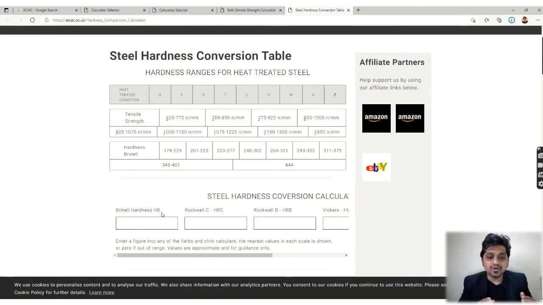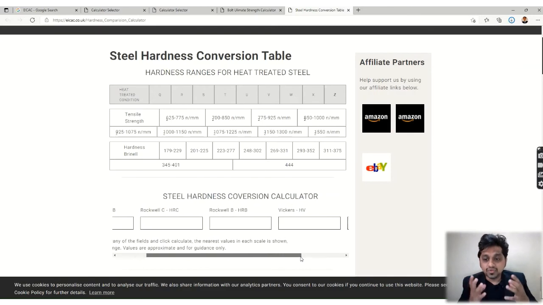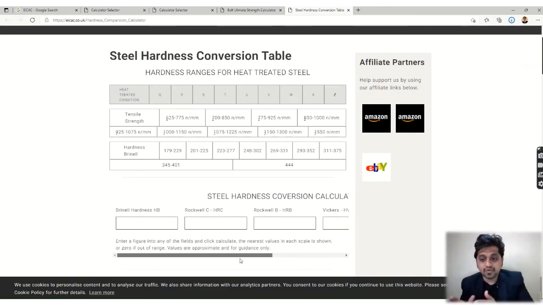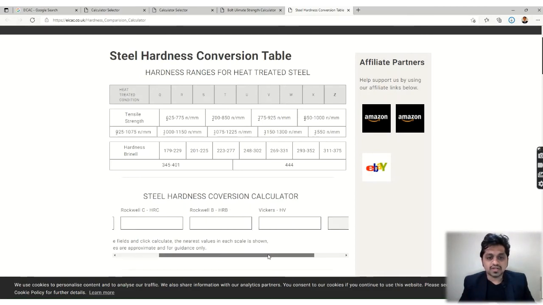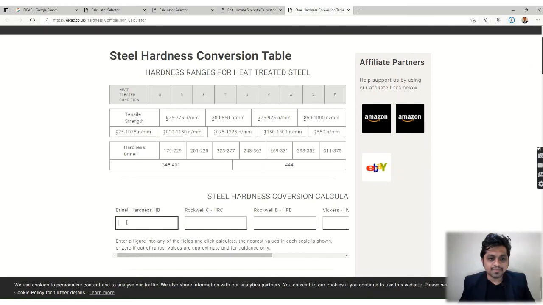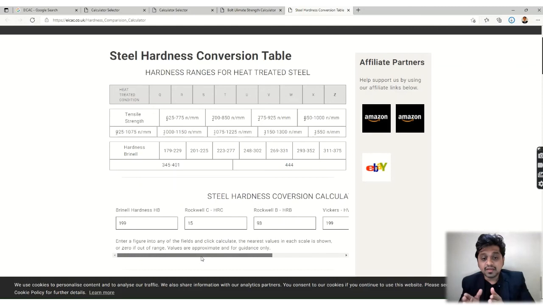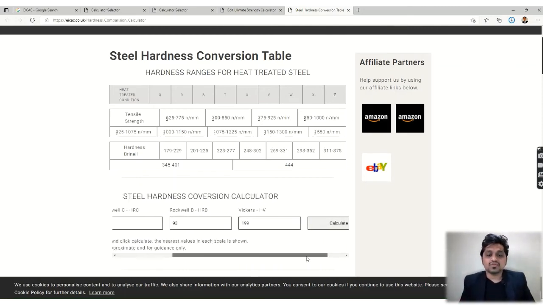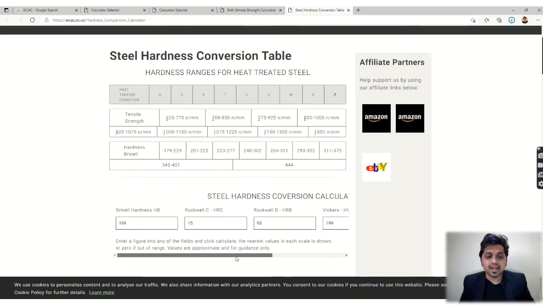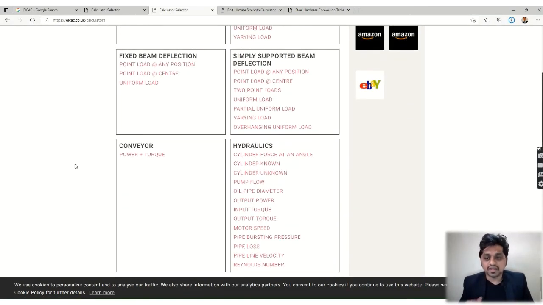You just have to put the hardness in one scale, let's say Brinell hardness or Rockwell, whatever you know, and it will convert it into the other formats. So let's put some value here. Let's put the value as a Brinell hardness of 200. So you can see the values in all the other different hardness methods or measures. So 200 Brinell hardness HB is equal to 15 Rockwell hardness. So this we can find out.